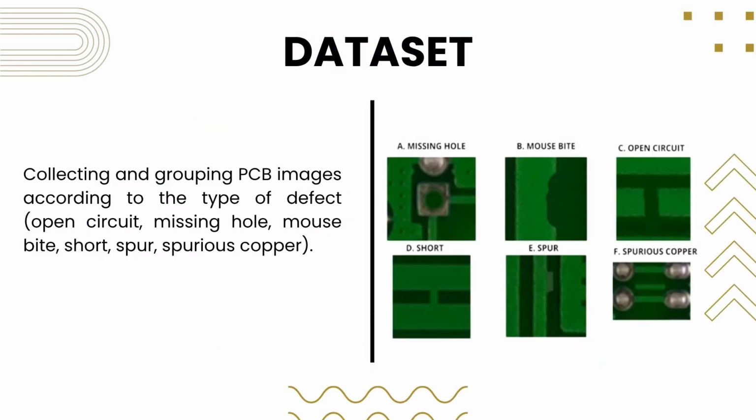This dataset is from Kaggle, and some additions from what we made in PCB. The purpose of this section is to collect and categorize images of defective PCBs that will be used to train the detection system. There are 6 main types of defects commonly found on PCB tracks, namely open circuit, missing hole, mouse bite, short, spur, and spurious copper. Collecting images for each type of defect is important to ensure that the detection model can recognize and classify them